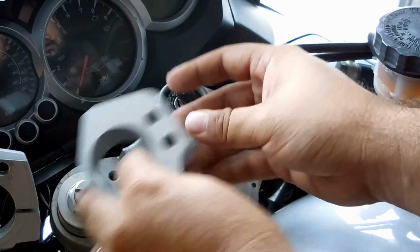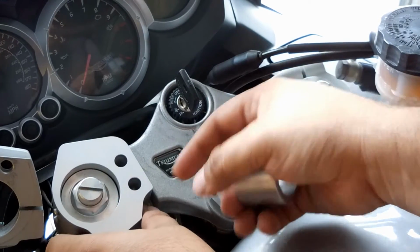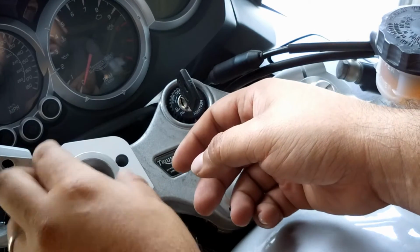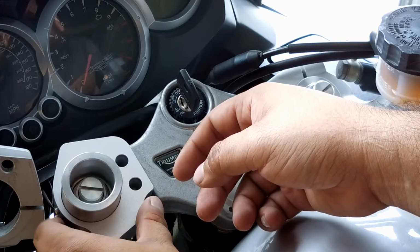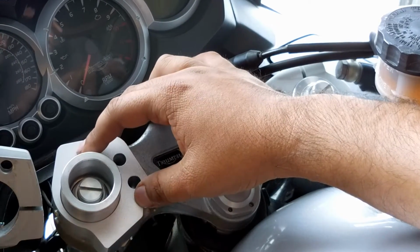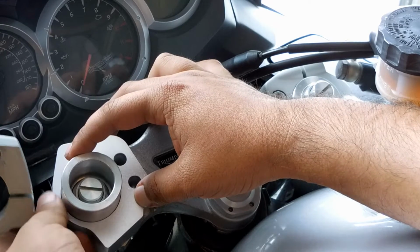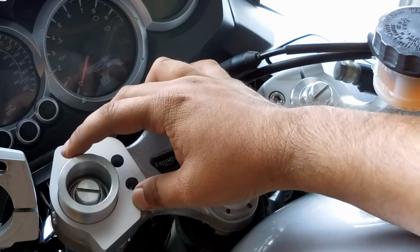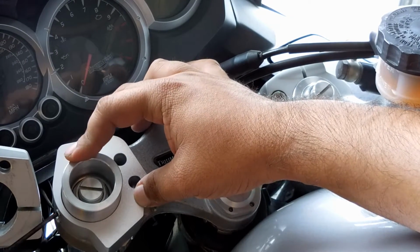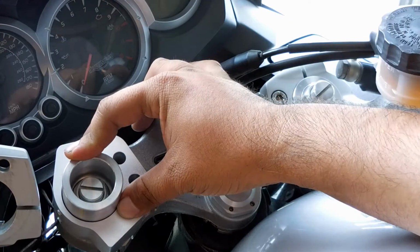Then you want to align your kit, your riser, with the 2 stock bolts right here. You want to align those holes, add your spacer and there, your bearing type. Just align those up, and then you're going to want to screw the 2 fasteners here on the side back up. That's what's going to allow you to maintain